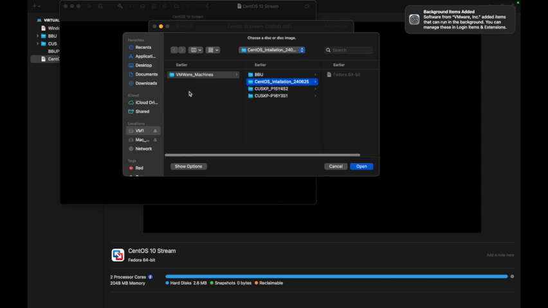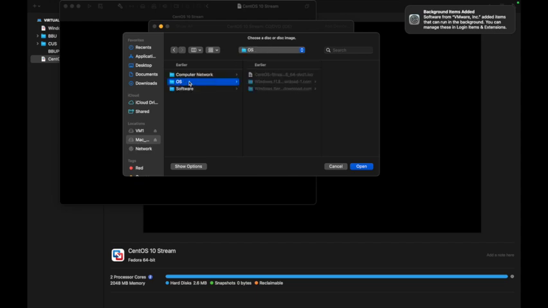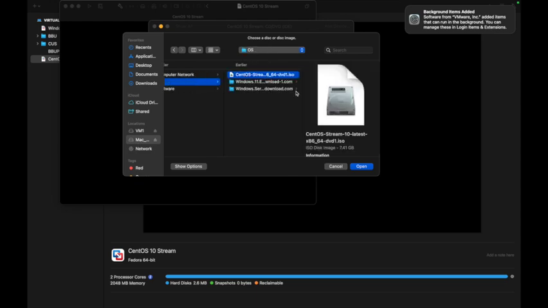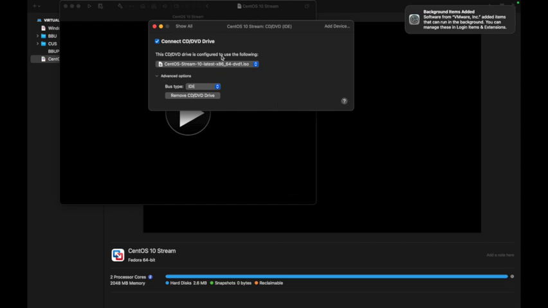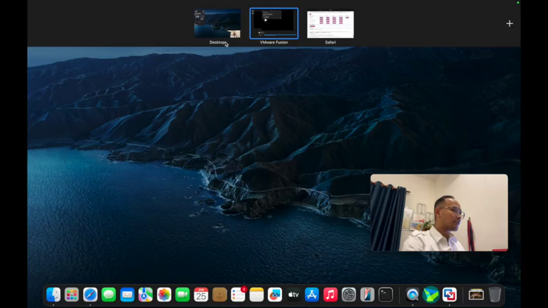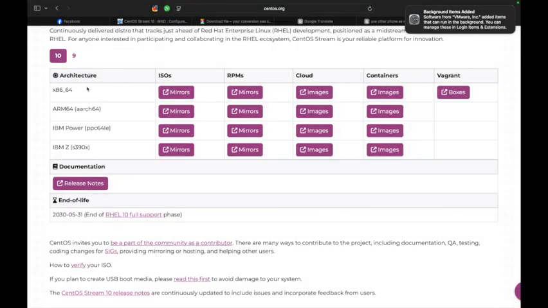The boot file is the ISO file that we download from the CentOS website. Here it is around 7.41 GB. And that's all for our configuration.